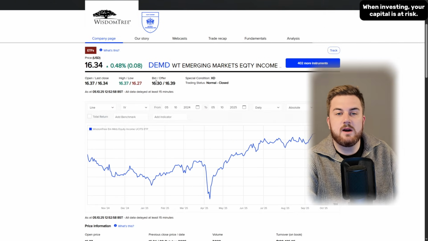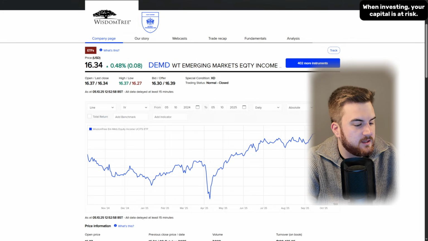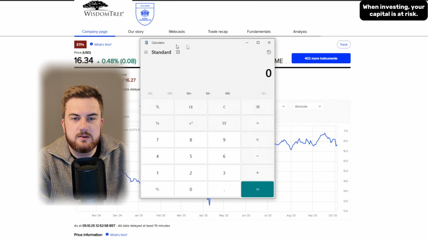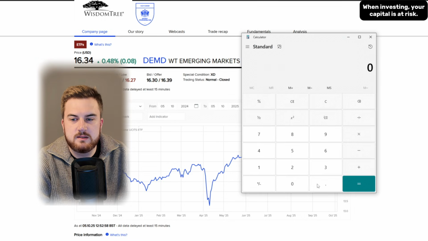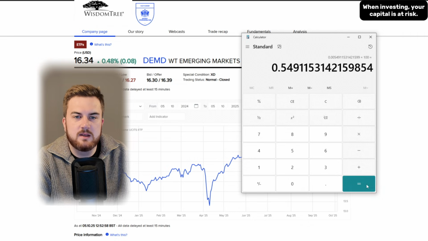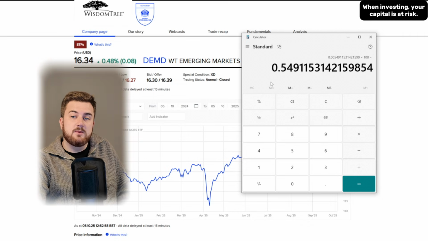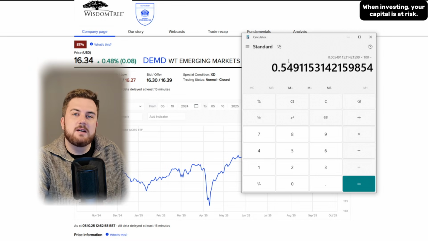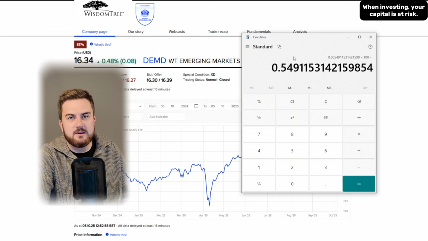So the bid offer spread is wider here. To calculate the bid offer spread, you get the difference between them. In this case, it's 9p divided by the offer price, times that by 100. And there you go, that's the bid offer spread. In this case, the bid offer spread is 0.55%. That's pretty hefty. So if you bought a share of this ETF and you're immediately down by 0.55%, now you know why. It's probably the bid offer spread.